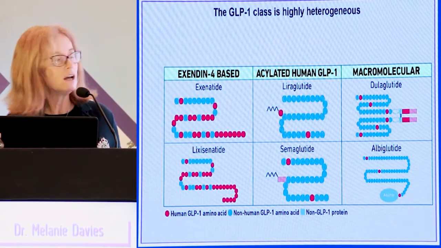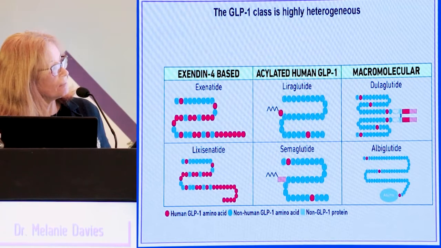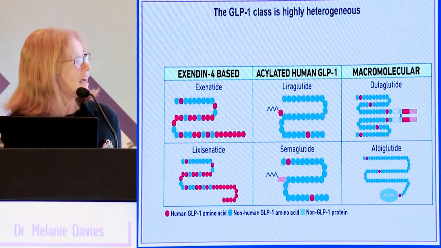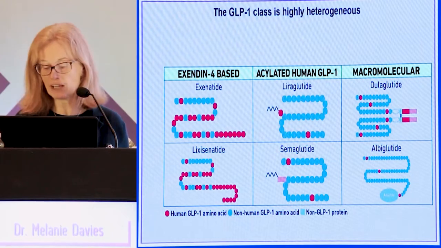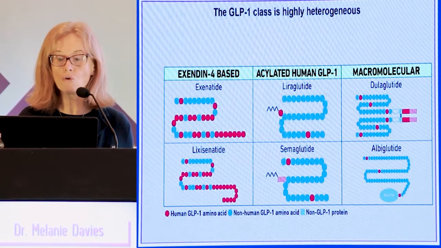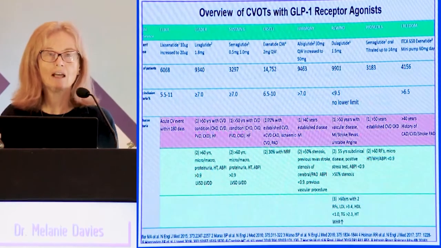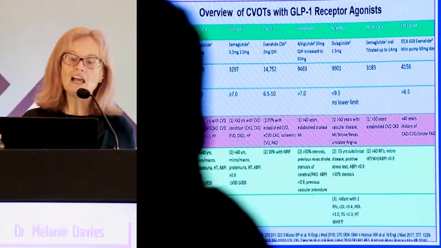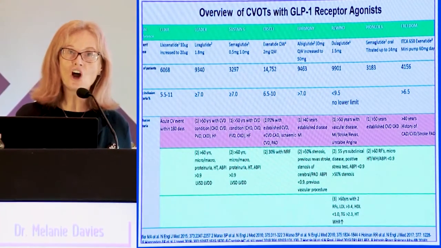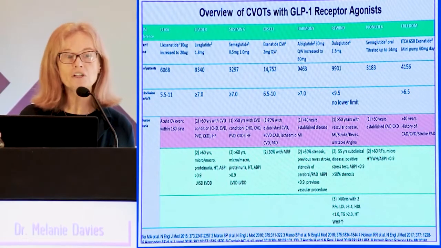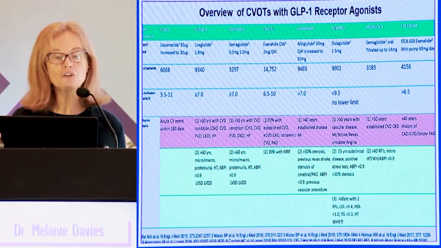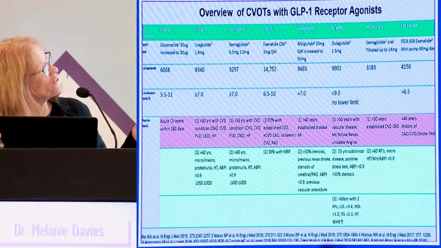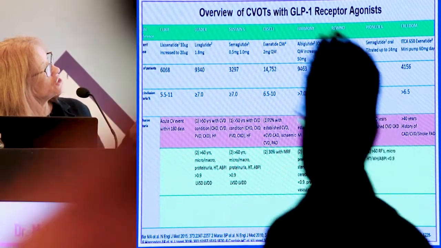And we now have certainly the semaglutide and dulaglutide available as weekly formulations. And as you know, semaglutide is also available in the US now as an oral formulation. So we start with quite different agents, and then we have 8 trials of the GLP-1s, which are all quite different. So if you look at the size of the study, so you have the very large trials, such as